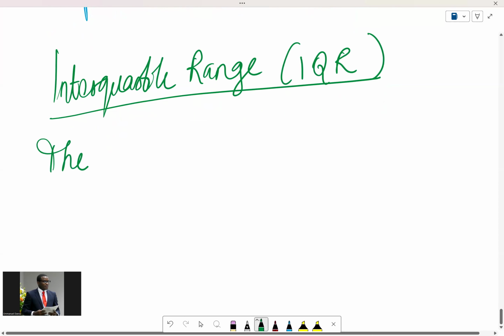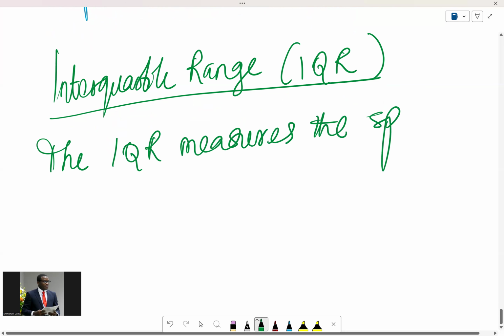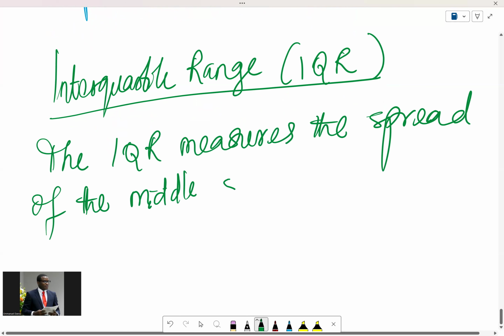Here, the interquartile range is actually a measure of dispersion. The interquartile range measures the spread of the middle 50% of data